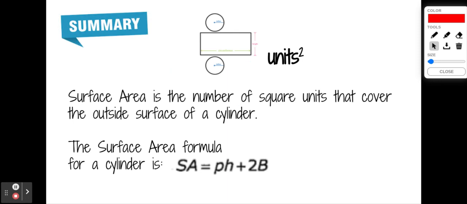Okay, let's go to our summary. So remember, when we're finding surface area, it is area. So it's how many square units cover the cylinder. So it's units squared. So let's define it again. Surface area is the number of square units that cover the outside surface of any cylinder. And the surface area formula is SA equals pH plus 2 big B. Feel free to take a moment to pause the